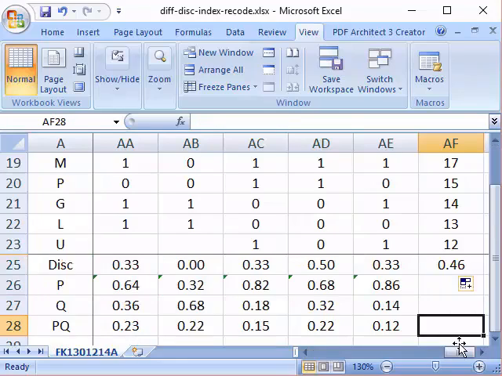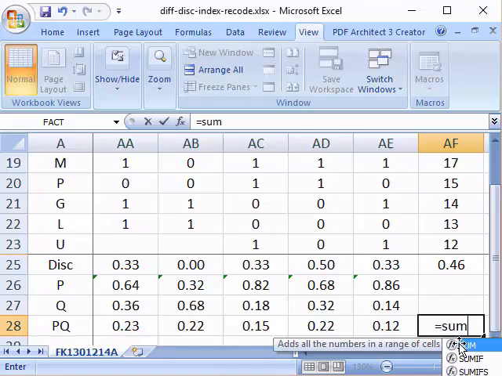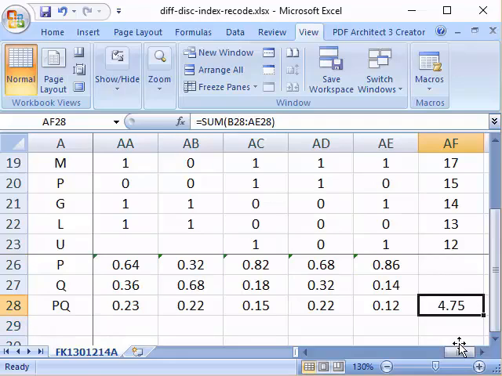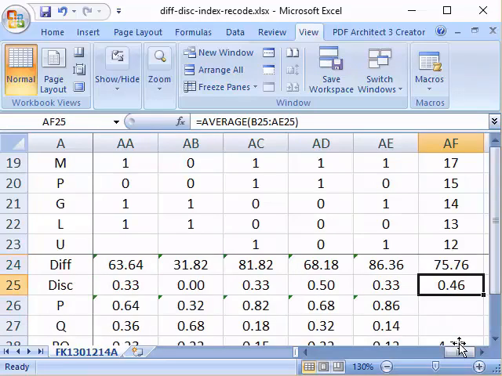For the P and Q, we want the total of all the P and Q. So equivalent to sum. Here it is 28, so from B28 until AE28. Enter. So you get 4.75 for the sum of PQ, 0.46.